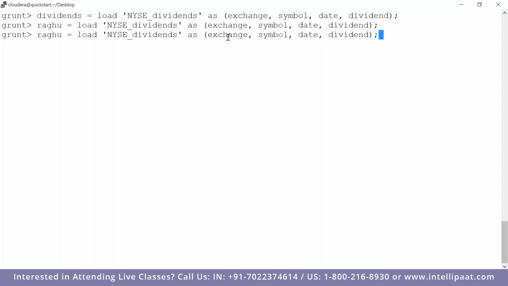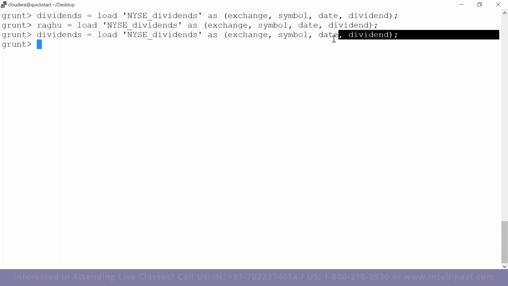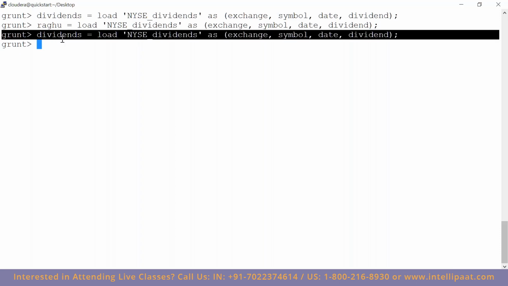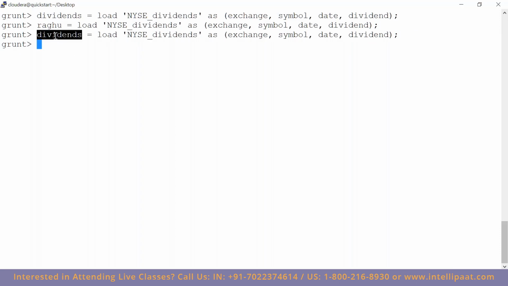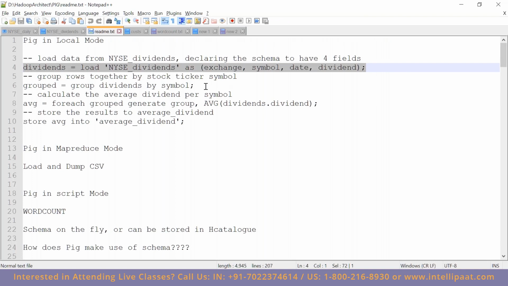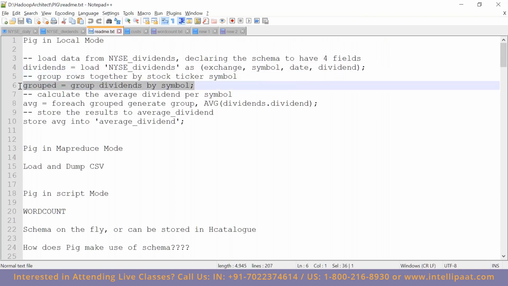I'm not going to do anything, right? So just for the sake of argument, we'll keep it as dividends. Okay, so you can change it like this. So see, the declarations are completely dynamic, right? I changed from Raghu to dividends, so now this will be reading it as dividends. So first I declare my relation. Now I don't want you to pay attention to the syntax, but